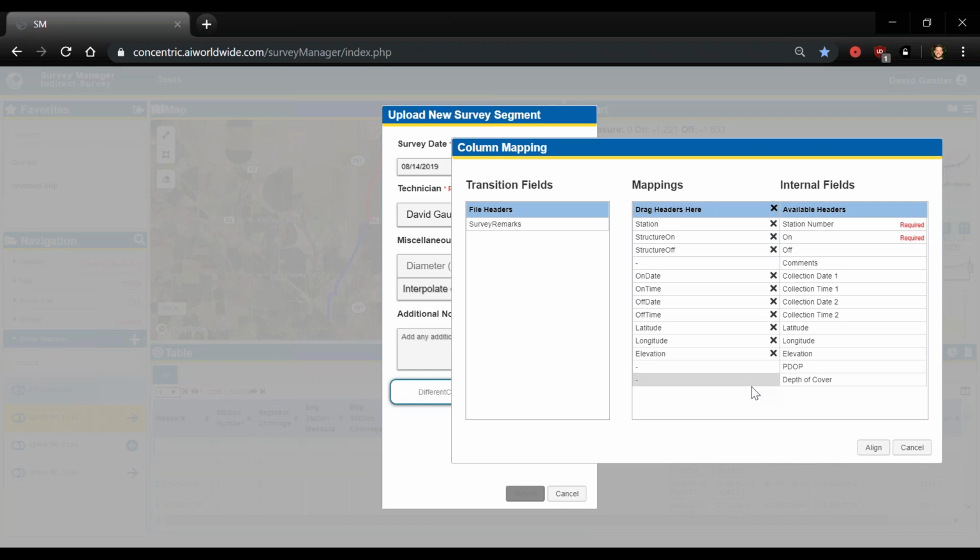So we're going to retain that information for future files, but invariably, which we'll talk about a little bit later when we get to icons as well, you're going to have different column headers. Maybe you are an operator and you employ a couple survey companies that call your comments remarks, or survey remarks, or comments, or survey comments. There's a million different variations of these column headers that you could potentially see when you're loading these files. Survey Manager is going to retain every single one of them